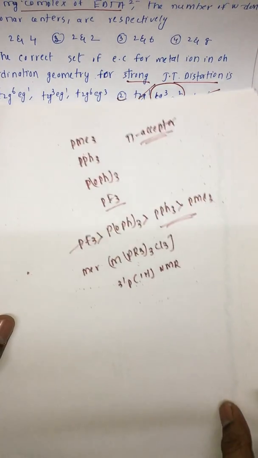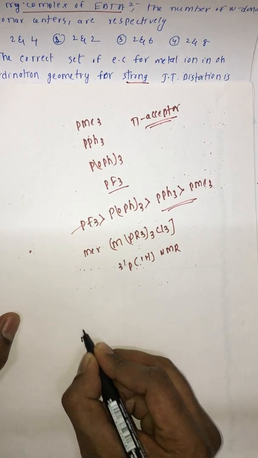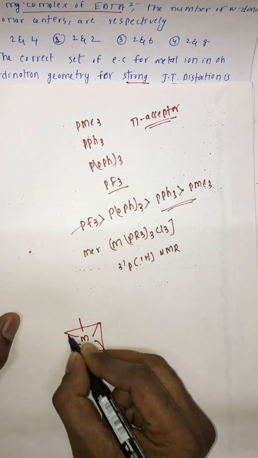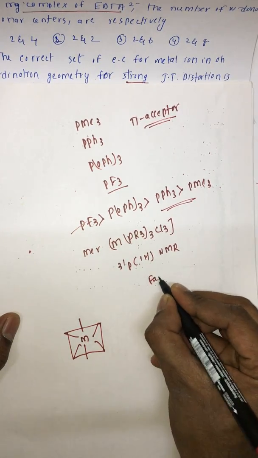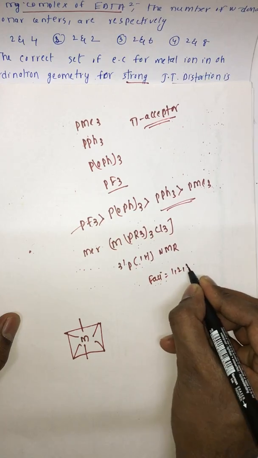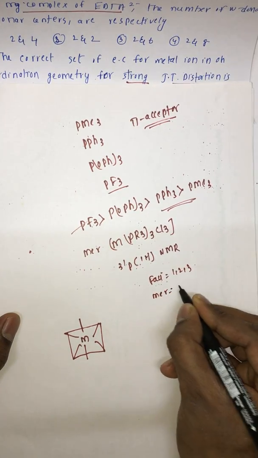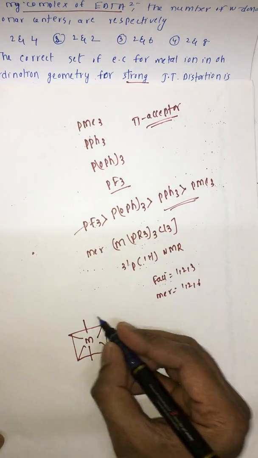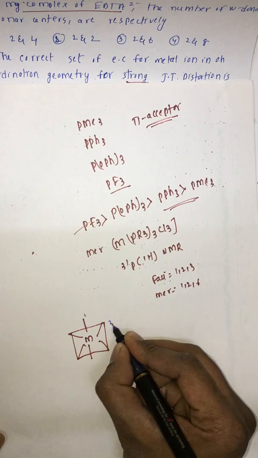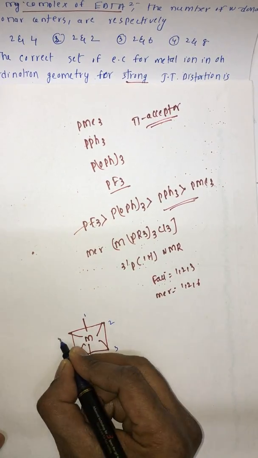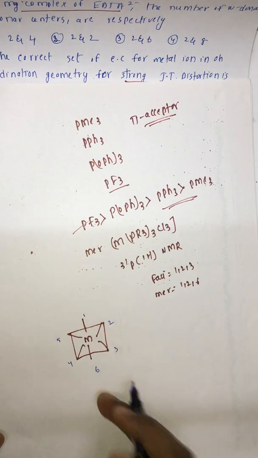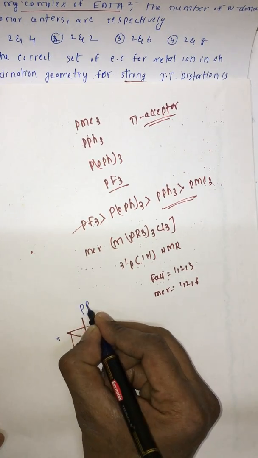So the structure of meridional looks like this. Facial means 1, 2, 3; meridional means 1, 2, 6. Just remember these 2 points. So 1, 2, 3 means we start counting from here, 1, 2, 3, 4, 5, 6. Now meridional means 1, 2, 6. We will keep a PR3,